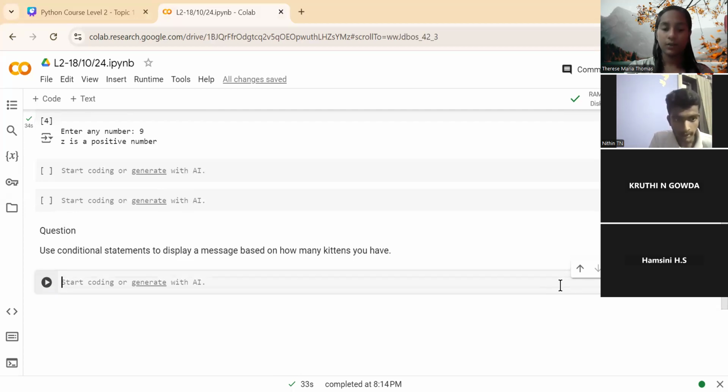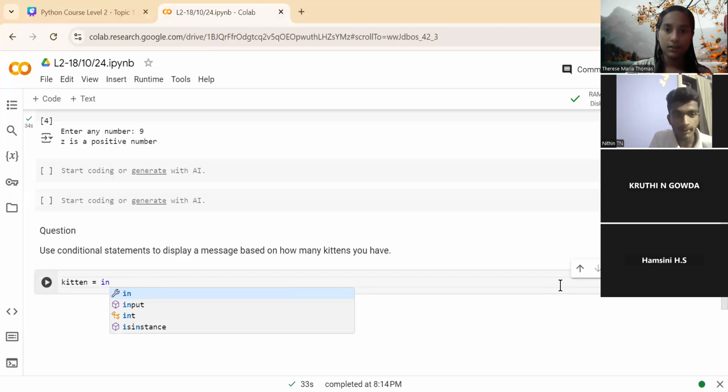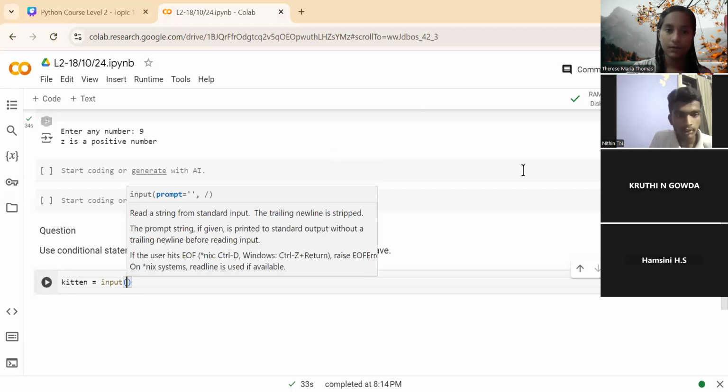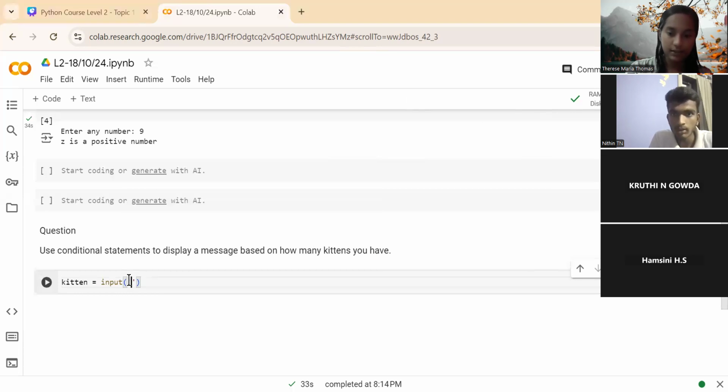Can we start with a variable? Okay. What do you want the variable to be? Kitten. Okay. Kitten. Yeah. And then? Equals to input. Okay. int, okay, not int, input function. With a, okay. Then enter the number of kittens you have, under apostrophe. Number of kittens you have. Okay. Then